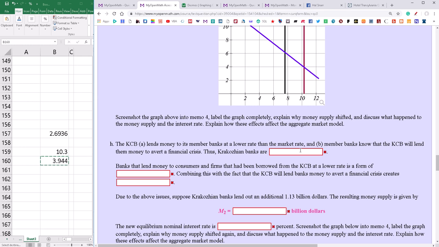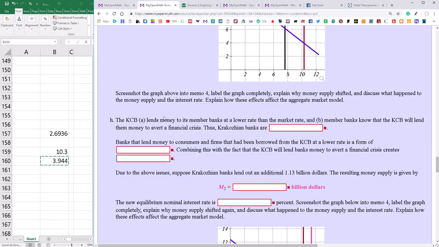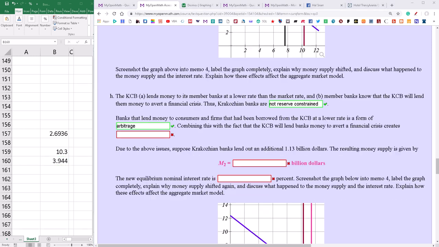Okay. Now part H, the situation is what? The Caucasian central bank lends money to its member banks at a lower rate than the market rate. And B, member banks know that the Caucasian central bank will lend them money to avert a financial crisis. Thus, Caucasian banks are what? They're not reserve constrained, right? If they're reserve constrained, then the reserve required ratio would be firm, right? And if you made a bunch of loans and you didn't meet the reserve requirement, the central bank could bankrupt you,